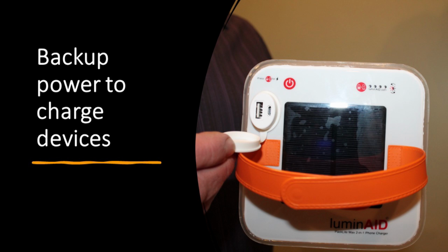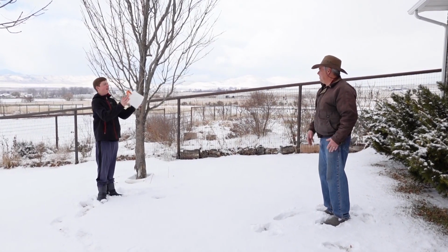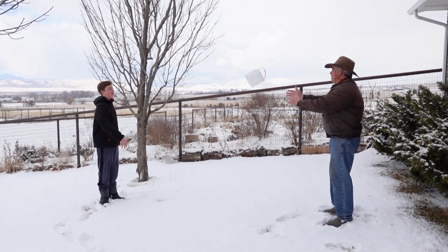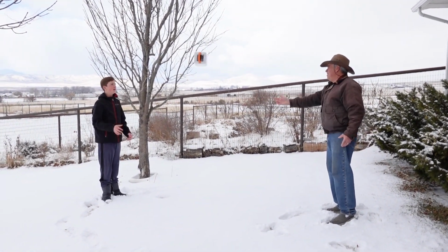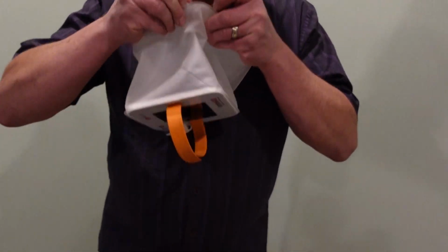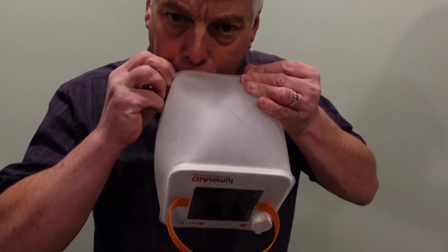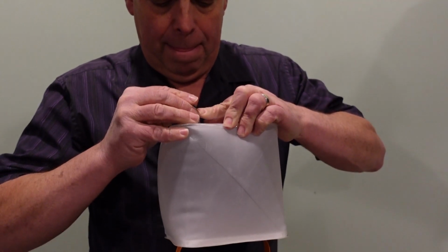One of the great things about this LuminAID PackLite is that it gives you the ability to recharge your cell phone no matter where you're at. And it is rugged and durable. Ben and I took this out to throw it around for a little bit. It did just fine. When this PackLite first arrived, I was pretty skeptical because you blow it up, and you kind of associate blow up toys with things that pop and are destroyed. But I have been incredibly surprised, seriously, how durable this PackLite is,